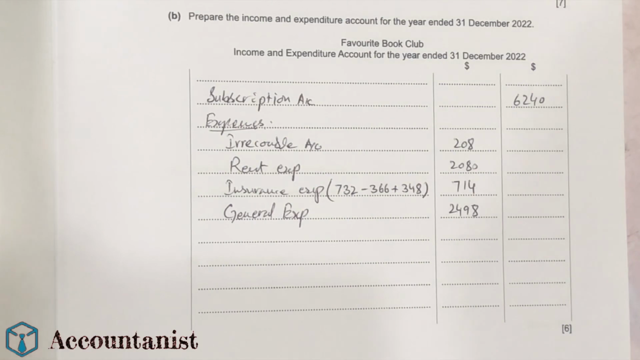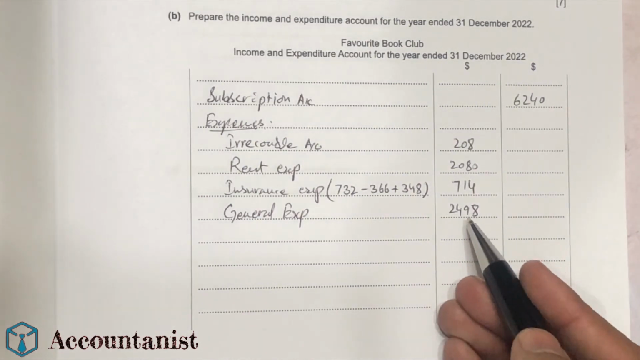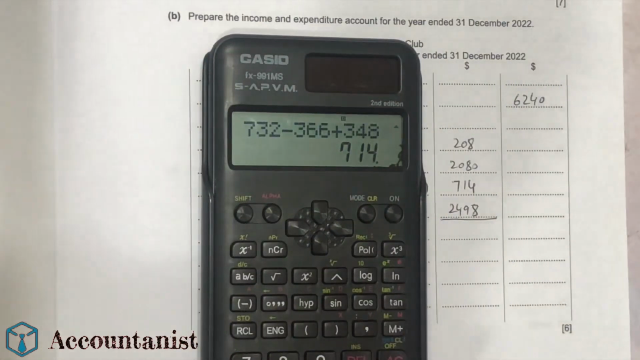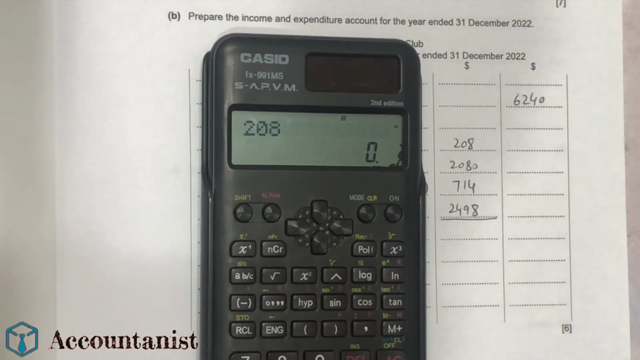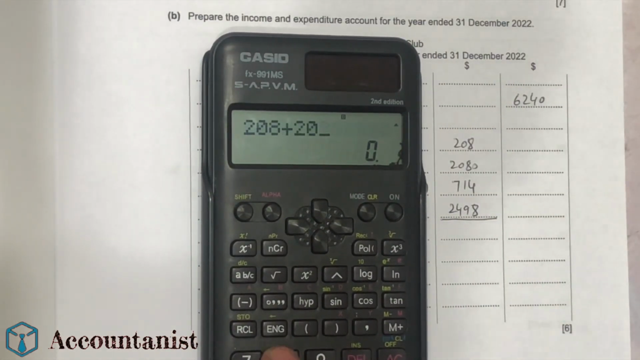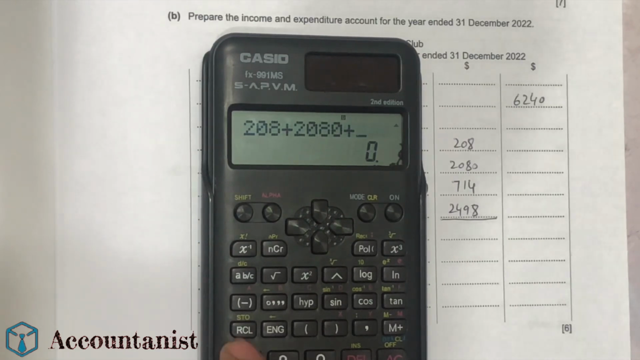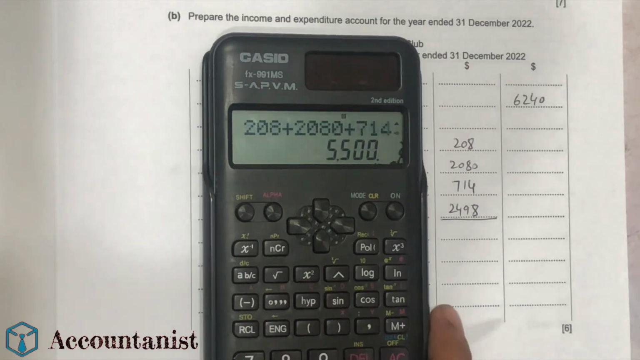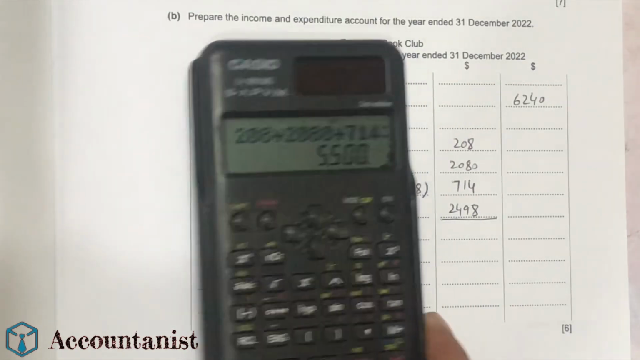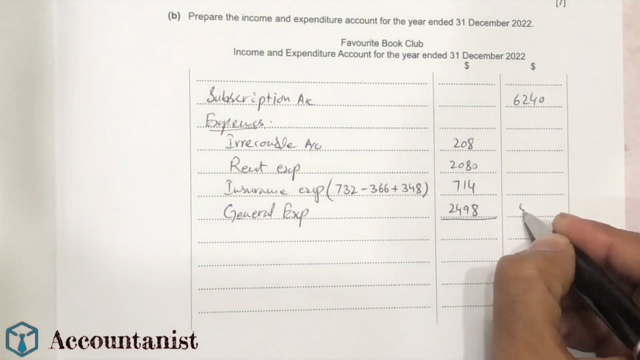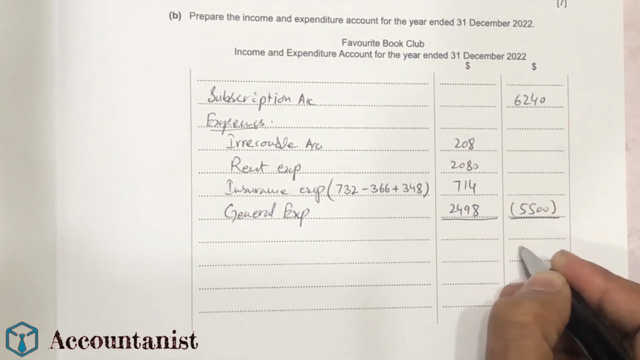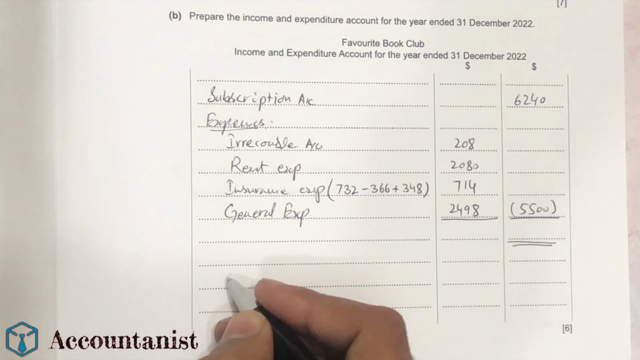So we have to add all of these numbers, so that will be the total of the expenses. So 208 plus 2080 plus 714 plus 2498, which gives the total of 5500. So we'll write down 5500. So we'll deduct this 5500 to get the surplus